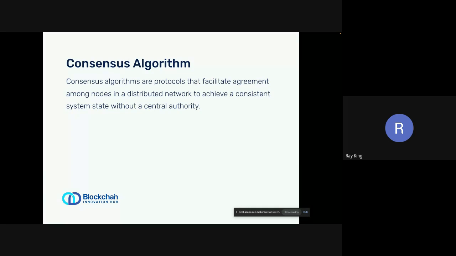Now, when we're dealing with a decentralized network, it automatically means there's nobody in charge who will say, okay, fine, do this, do that. So that's where the consensus algorithm comes into place. There are protocols that will facilitate agreement among nodes, saying, okay, in this particular network, before a transaction is successful, you need to go through these certain protocols. So that's what a consensus algorithm does